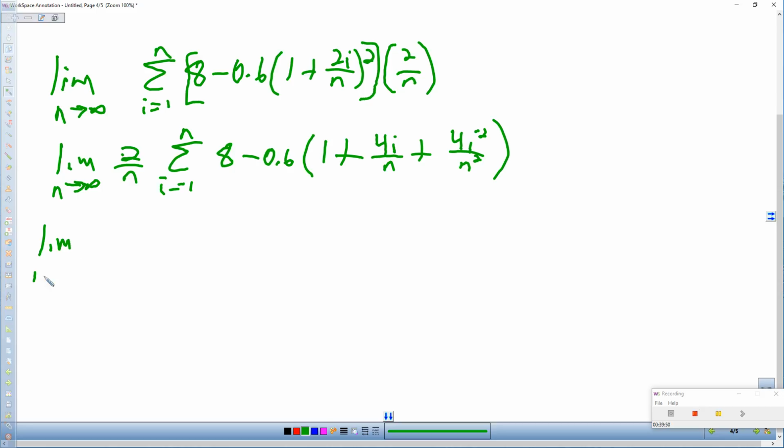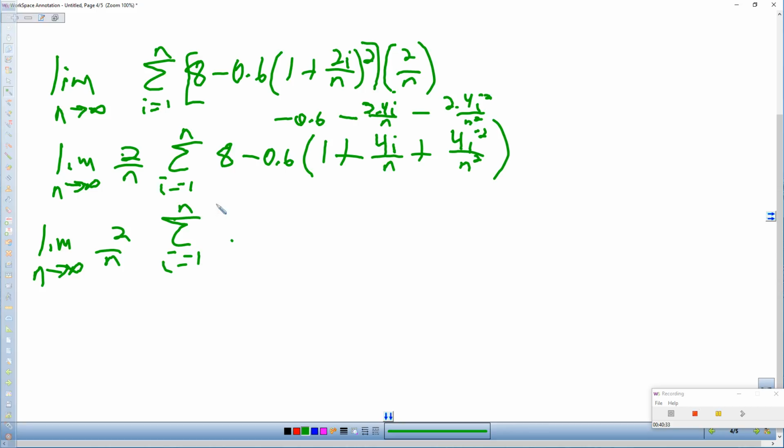So, the limit as n goes to infinity of 2 over n. And I'm going to start breaking this up. 0.6 times 1 is 0.6. Negative 0.6 minus 2.4i over n. I'm distributing this 0.6, minus 2.4i squared over n squared. Am I correct there? Yeah. Okay, 8 minus 0.6 is